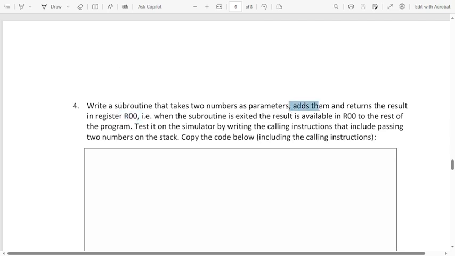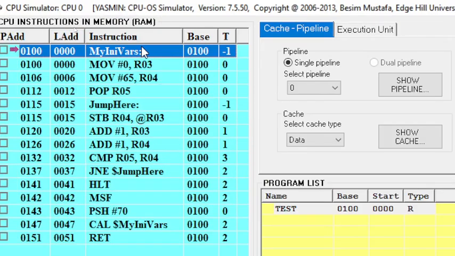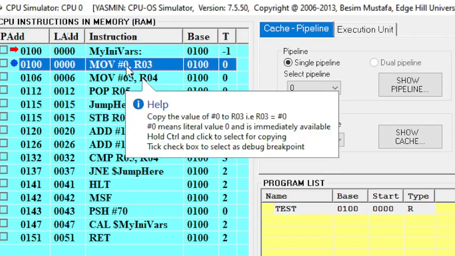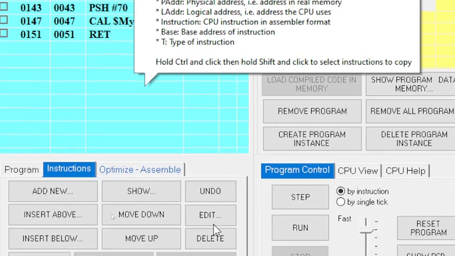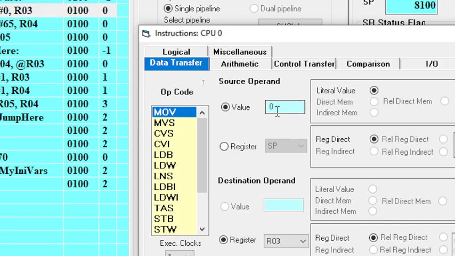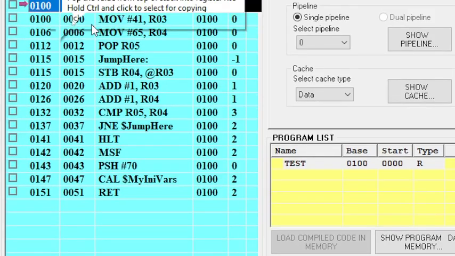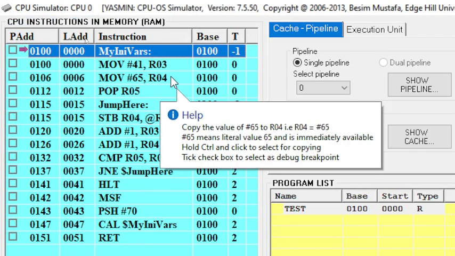Take 2 numbers and add them. So we can do it manually here, because from here we already have 2 numbers. We edit this one, and let's try to change this into 41. Okay, and this one is 65.